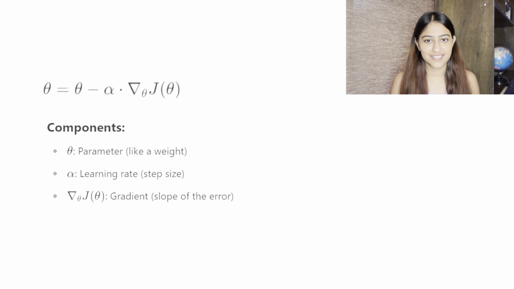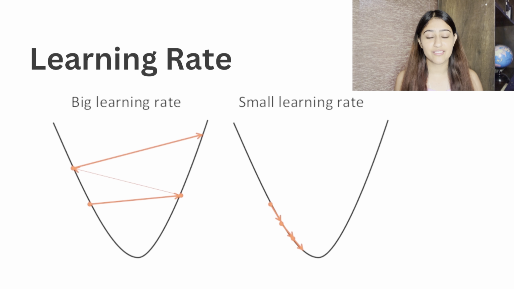Now, if you're okay with a tiny bit of math, let us look at the rule that it follows. Now, don't panic. It's just a little bit of math, and what it means is that we are subtracting a tiny amount of slope from our weights and scaling it by something called the learning rate. Now, we already have something called the slope or the gradient that tells us which direction to move in. But how big should our step be? Now, this is decided by the learning rate. If the learning rate is a big amount, then you take a larger step. If it is a small amount, then you should take a smaller step to reach your destination, which is the bottom of this curve-shaped bowl.